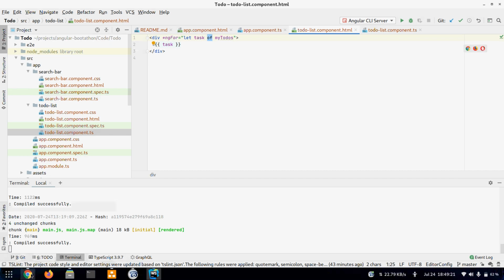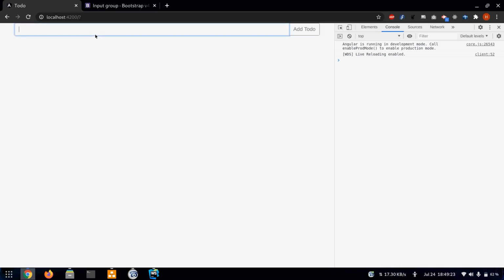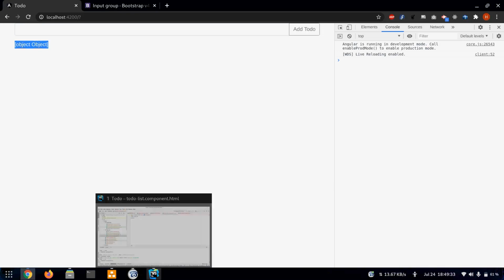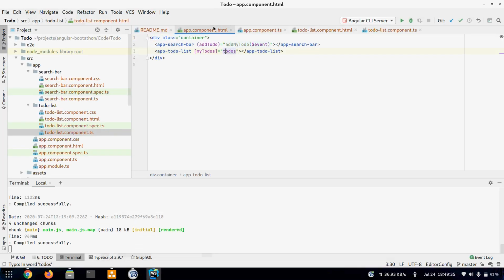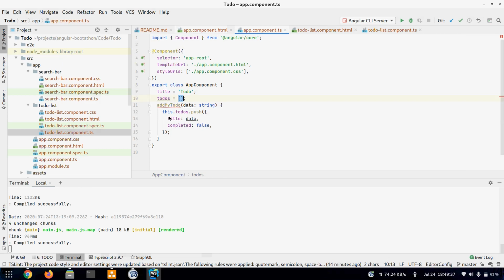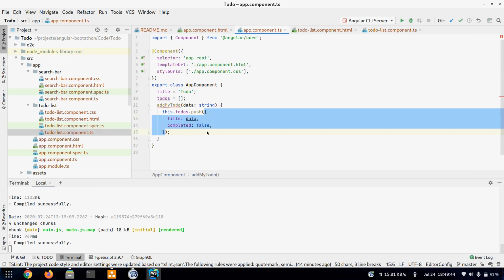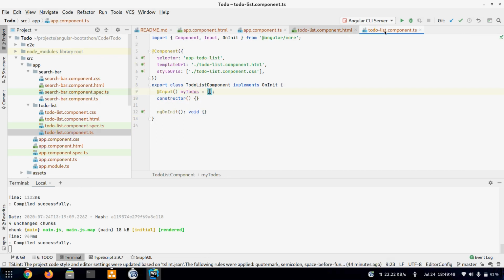So let's see if this works or not. So right now we have no element, and let's type something like test. Okay, so an object came here. Why is it an object? Because initially we were storing it as an object, so this object will get inside that loop, so we can access the title property of that.